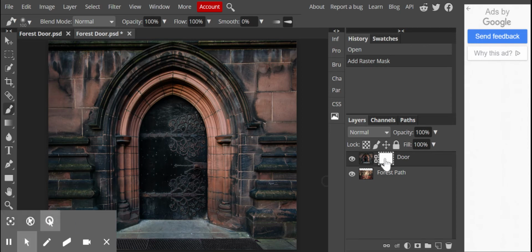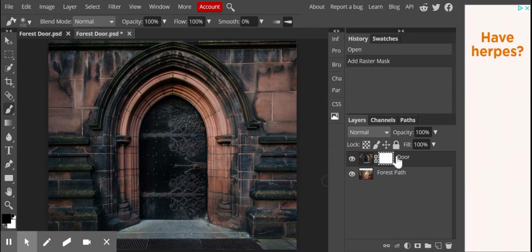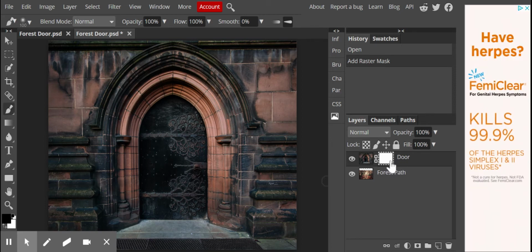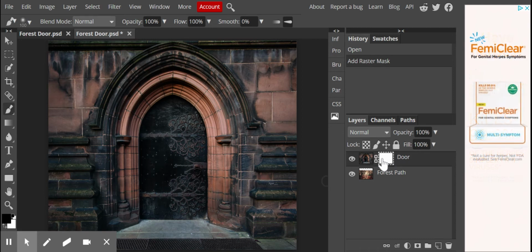So what I'm going to do is I'm going to be painting on this mask layer right here. If you look at my mouse, you can see it over in the properties panel. I'm going to paint on that mask layer. So I have to have that clicked. Okay, so the first thing I'm going to do is I'm going to come over here and kind of start